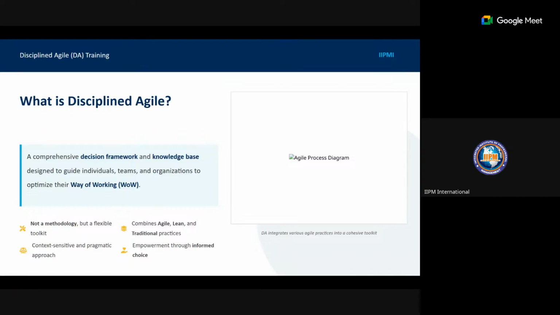Disciplined Agile is a comprehensive decision framework and knowledge base designed to guide individuals, teams, and organizations to optimize their way of working. It is not a methodology, but a flexible toolkit that combines Agile, lean, and traditional practices of management. It is a context-sensitive and pragmatic approach, and is empowerment through informed choice.